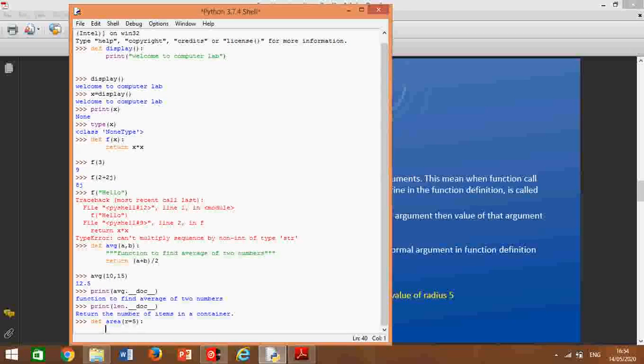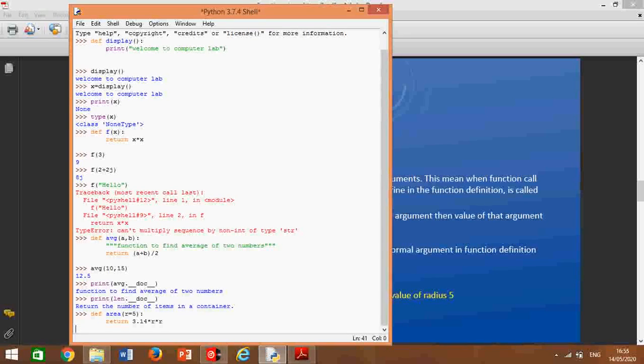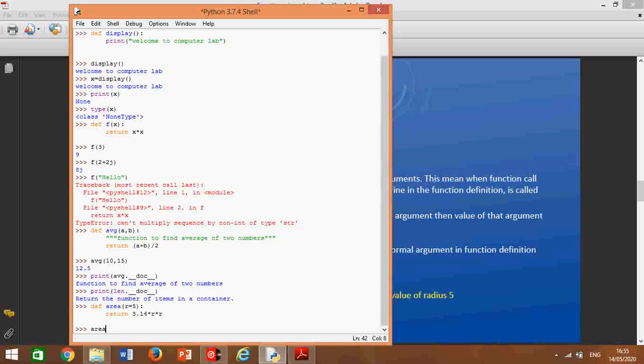So this is return 3.14 * r * r. Okay, say area(). Now here I am not giving any arguments.